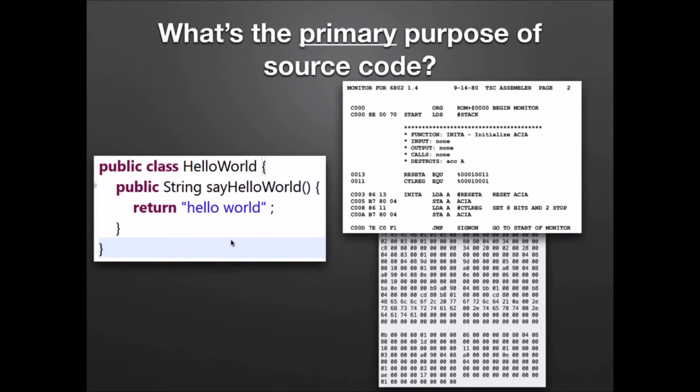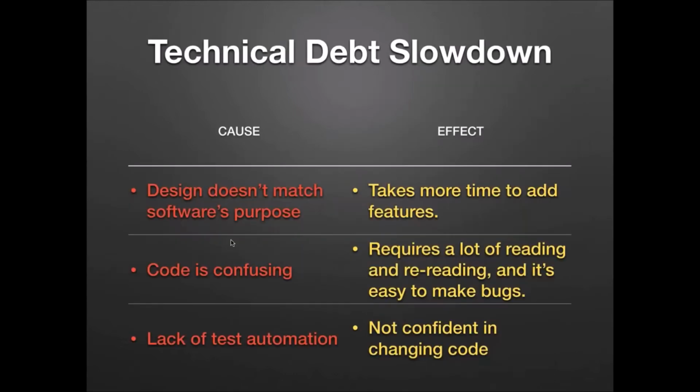So you can see that the primary purpose of source code, if you understand this, you'll be able to make good decisions about sustainable design. The primary purpose of source code is so that the human beings, the people, the developers, can understand the code as it is. And they want to be able to understand it in order to maintain it and all those other good things. Now, if the primary purpose of software is to make it readable so that we can keep the costs of that low, so that maybe we can get closer to spending more time creating software rather than reading it, well, let's find out what gets us into a situation where,